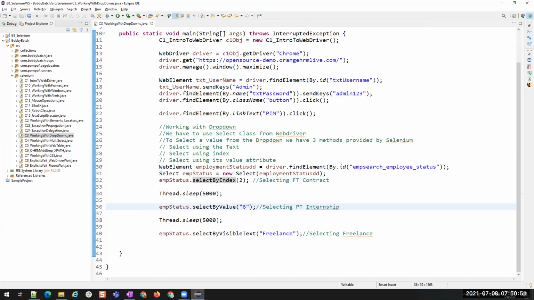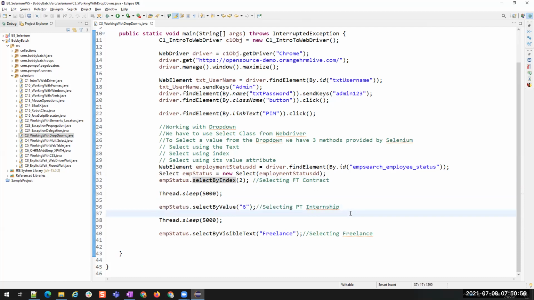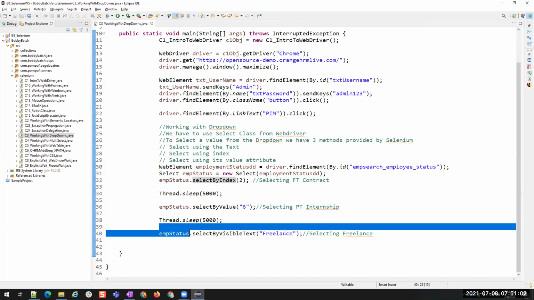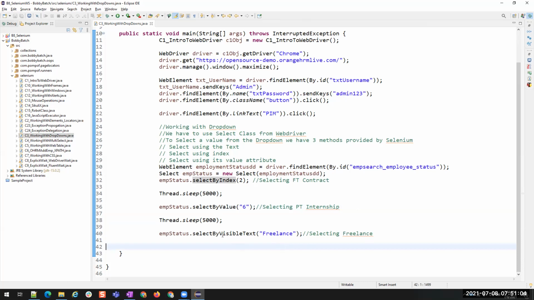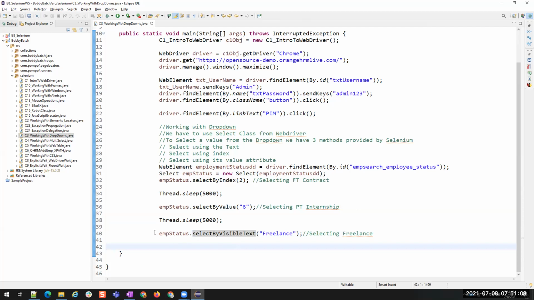So I have to compare whether this value is associated with the part-time internship or not, right? I'm not assigning any status. Even here for freelance, I'm using the method selectByVisibleText of freelance, but I'm not verifying whether it is selected or not.